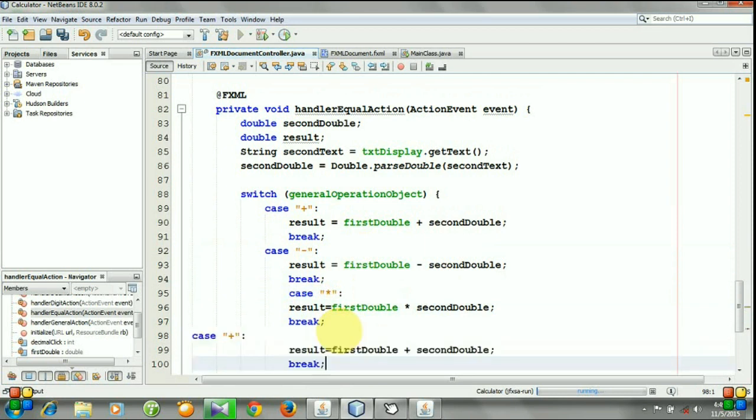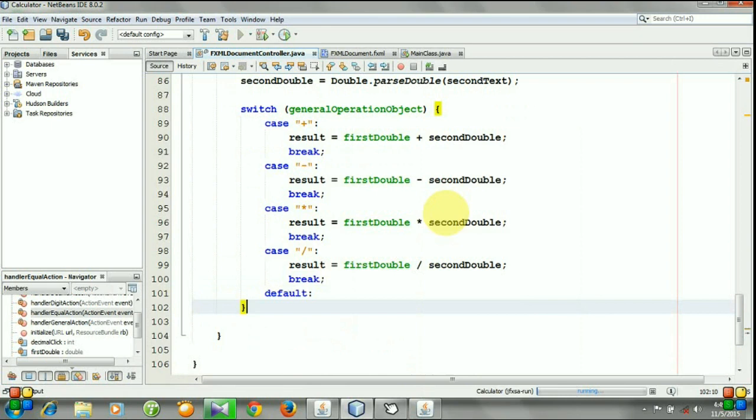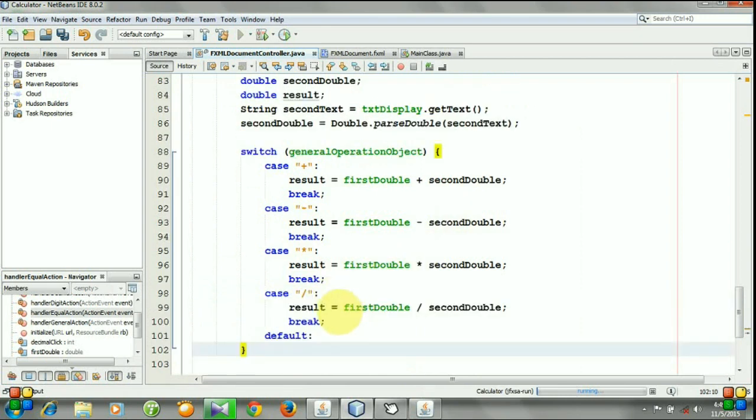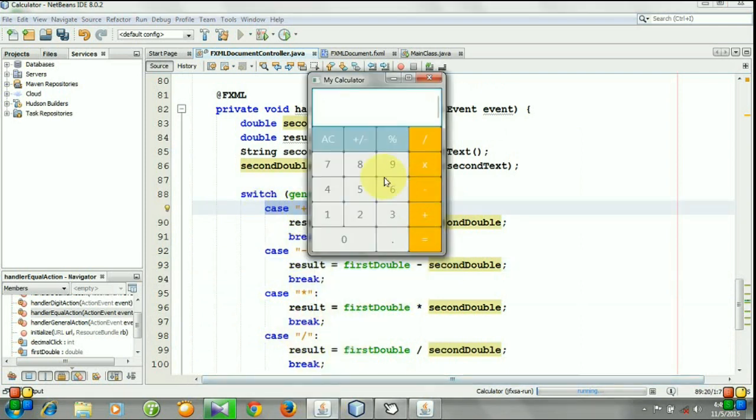Again paste it. For division, result will be first double divided by second double, and we need a default case. Format the code and you see the result variable contains the result for the operation that we have entered.